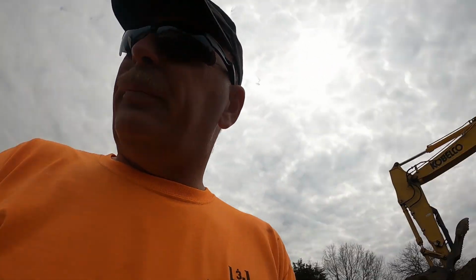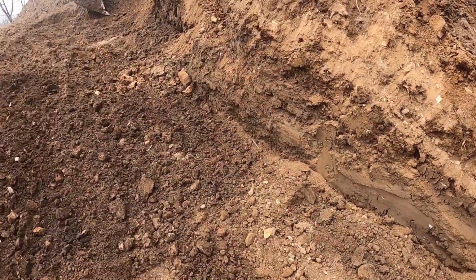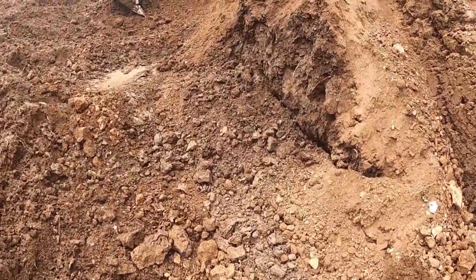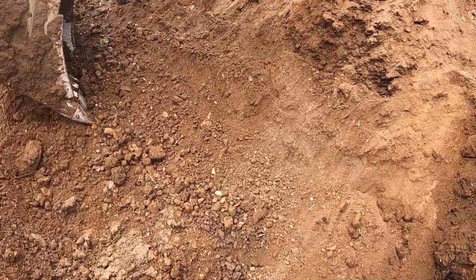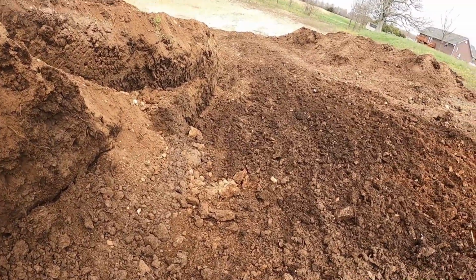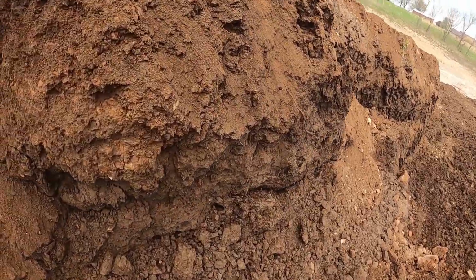All right, guys. I want to show you something here on this pond as to why this pond was destined to fail. There was why it was never going to work. See right here, there's no clay or no compactable material in this dam. Nothing. Not a thing. It is topsoil and a silty